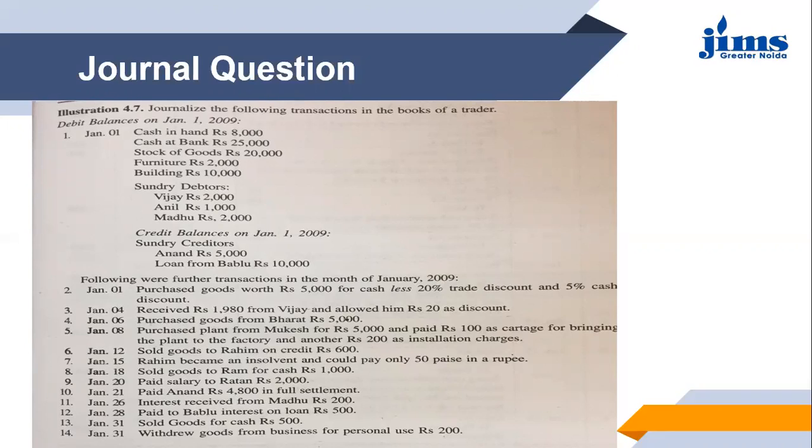So you can make either the cash or the bank balance credit, because it is not clearly mentioned whether he has been paid by cash or through bank. So both the items will be right. Then Anand account will be debited, because as per the personal account rule, debit the receiver, credit the giver. So Anand is a receiver here. So Anand will be debited, then cash account will be credited, and discount account will be credited.